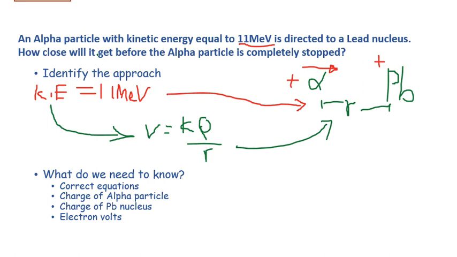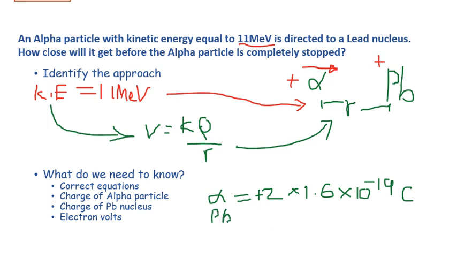And then we are dealing with charges, that is alpha particle and the lead nucleus. So you need to know the charge of alpha particle, right? Alpha particle has 2 protons and 2 neutrons. So therefore, charge of the alpha particle is +2 into 1.6 into 10 to the power minus 19 coulombs. And the lead nucleus has 82 protons. So the atomic number of lead is 82. So therefore, charge of lead nucleus would be 82 into 1.6 into 10 to the power minus 19 coulombs,